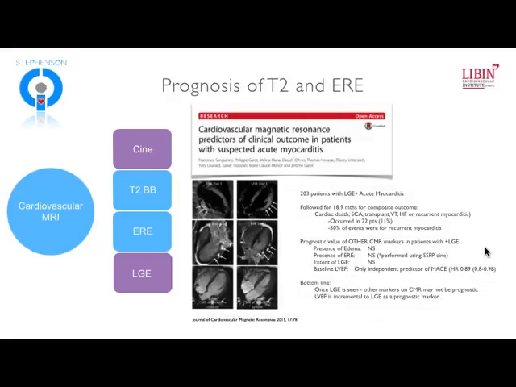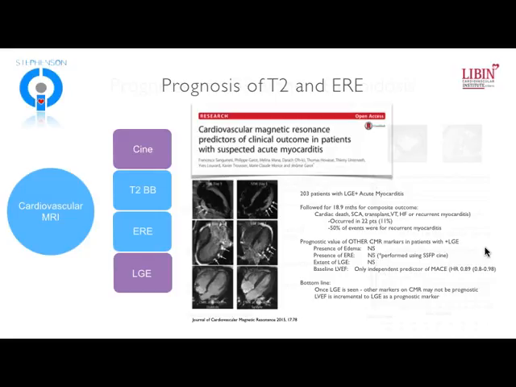Supporting this is another study that was recently published this year, in 203 patients that had the diagnosis of acute myocarditis established by late gadolinium enhancement. And so they set the bar pretty high and said, we're only going to call acute myocarditis if there's late gadolinium enhancement. And so they looked at the incremental prognostic value beyond LGE. And what they found was it really didn't matter once you have LGE whether or not you have much else. So the presence of edema was not significant. The presence of early relative enhancement was not significant. And actually the extent of LGE was not significant.